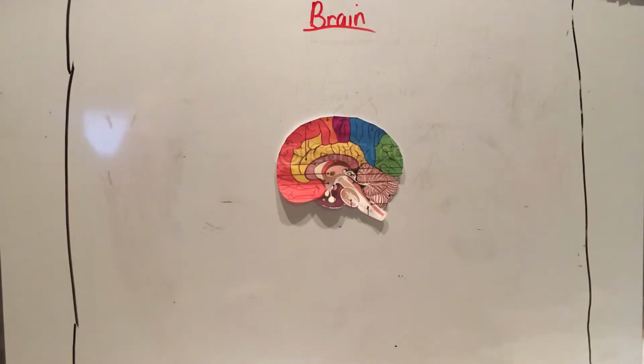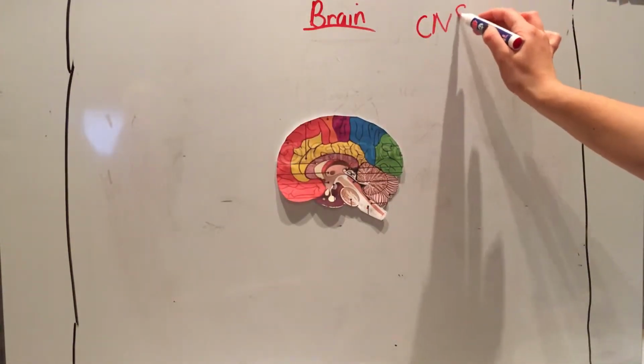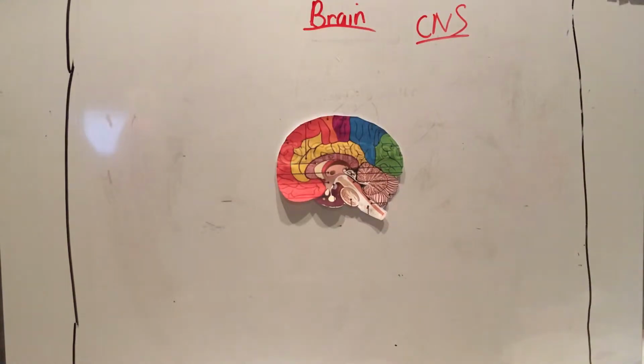It is responsible for all of your complex behaviours, everything that you do. It controls and coordinates everything: breathing, sleeping, memory, running. Watching this video right now, your brain is controlling your thoughts, what you're thinking, how you're moving. So your brain is part of your central nervous system along with your spinal cord, and it's made